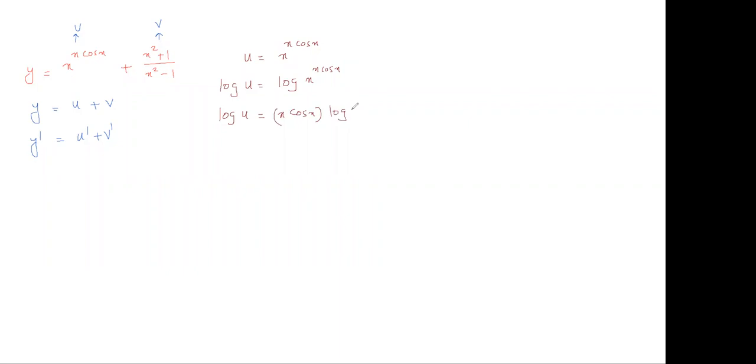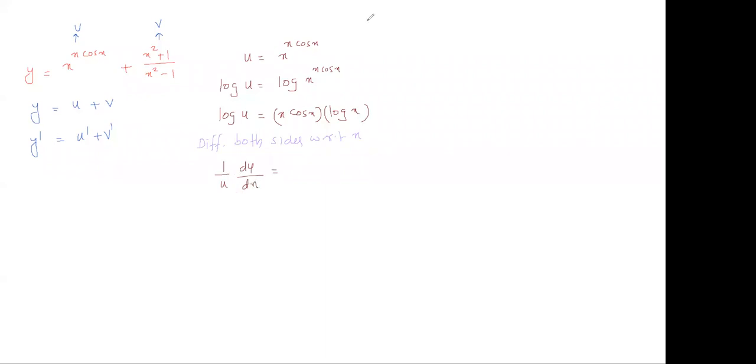Logarithm of base is x. x cos x into log x. So now differentiate both sides with respect to x. So log u's derivative is 1 by u into du by dx is equal to,